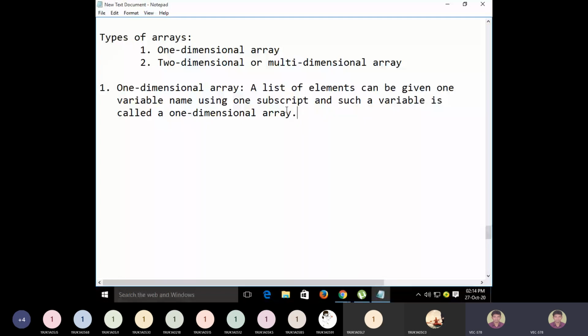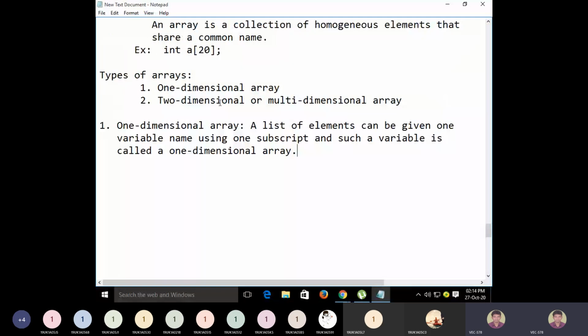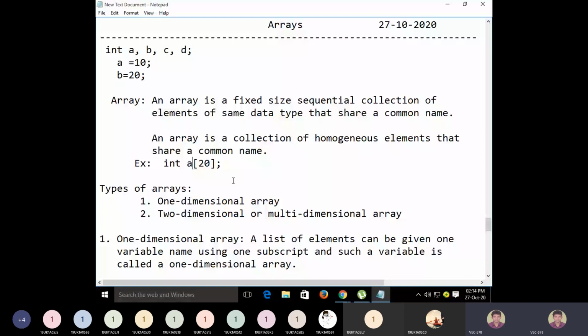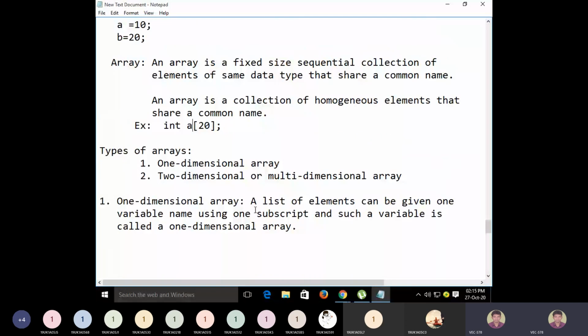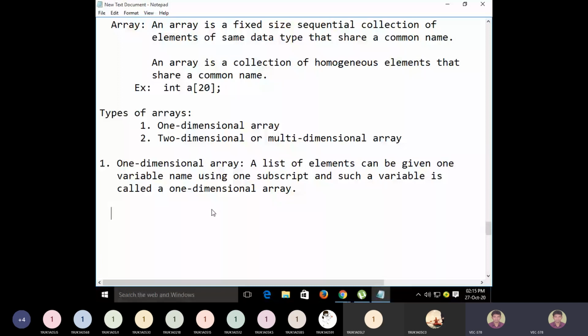That means here we are using only a single subscript. This set of square brackets we are using is called a subscript here. One set of square brackets means one subscript we are using. The best mathematical example you can take is a vector. If v is a vector containing some elements, like say 1, 2, 3, 4, if v is a vector containing 4 elements, how do we denote these elements?